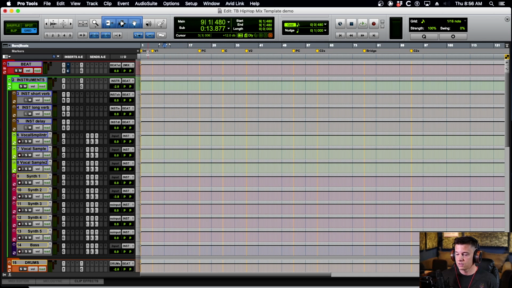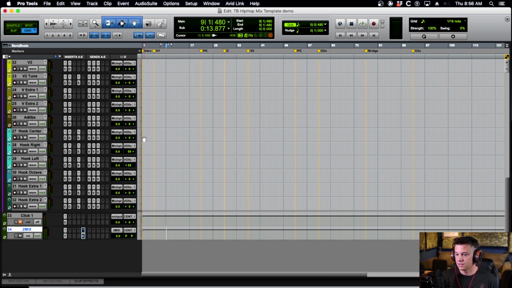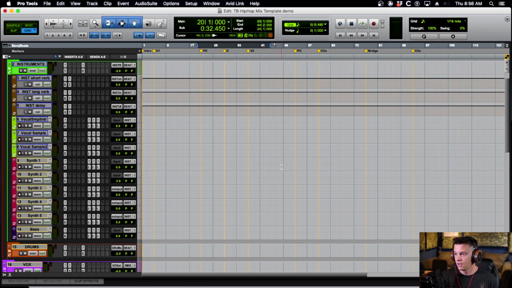use these markers for verses, pre-chorus, chorus, bridge. A lot of times artists will track one hook and then you'll have to fly the hook out. So you'll have to copy and paste it. And that's why it's nice having stuff on hook or chorus tracks, because you can just pop those over there. You can do a great mix on something with just what comes with your Pro Tools